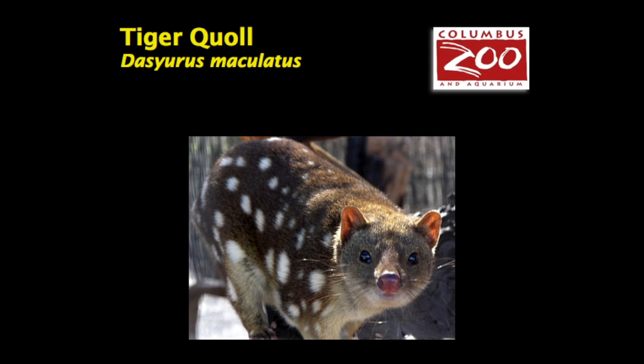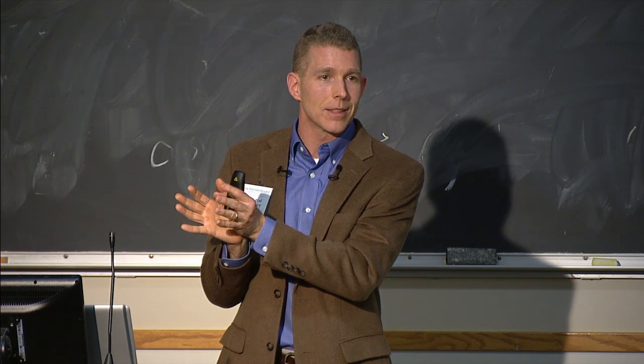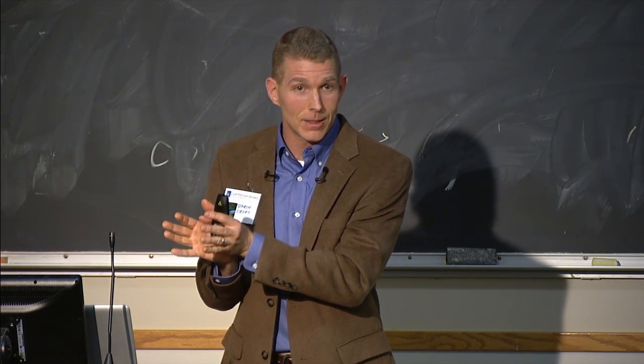The tiger quoll. If you run down to Columbus, you can see a couple really cool marsupials, and this is one of them. This is Dasyurus maculatus. Really impressive looking animal. This is the largest native carnivore in Australia. And I put this one in here juxtaposed with the other to get you thinking about the ends of those words, right? Carnivoran is a member of the order Carnivora,